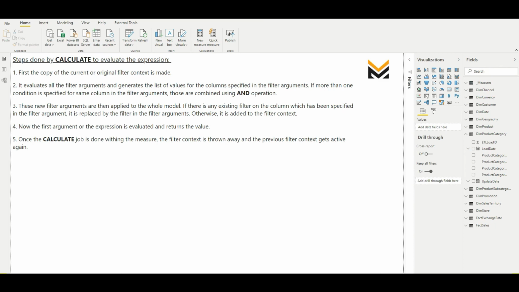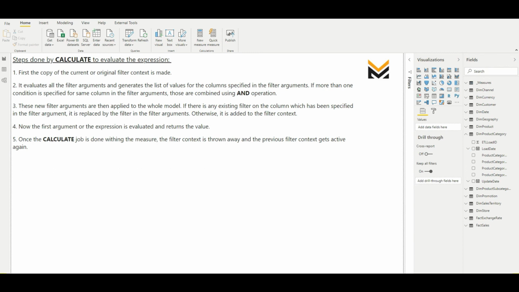So for all the columns which we have used in the filter arguments, it will create filters. Now suppose for the same column you have provided multiple filters like brand name equal to Contoso, brand name equal to something else, so the same column is used but with different arguments, it will combine them, like a simple SQL statement, and make one statement like brand name in Contoso, something else. So if you're placing a filter on the same column multiple times, this is pretty simple.